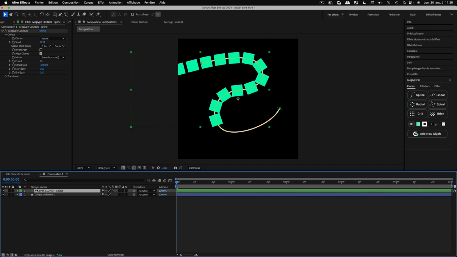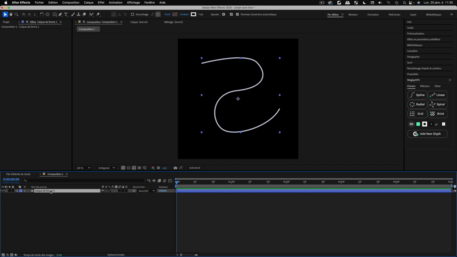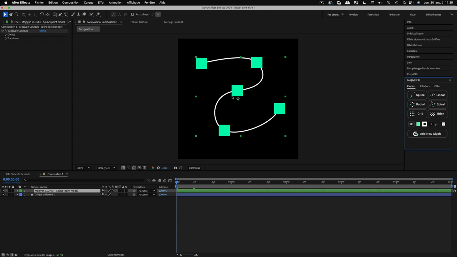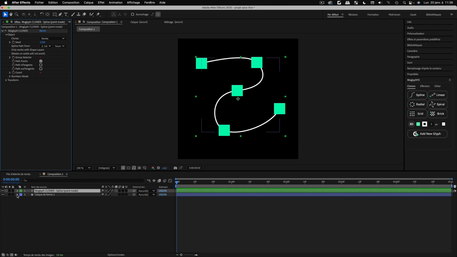But now if I remove this, if I select this, and if I click on this one, and if I click on No, this is another type of Spline Cloner. So if I twirl down this object option, you don't have the same options as previously. You can't have a count mode. You actually have a count slider,